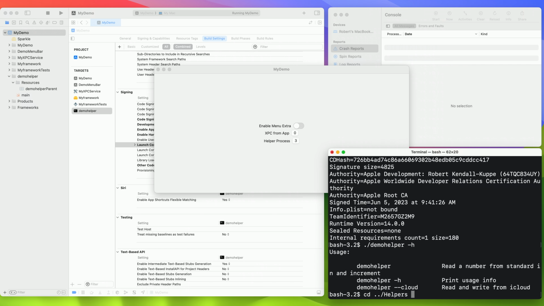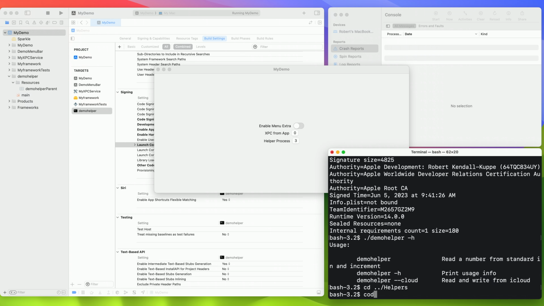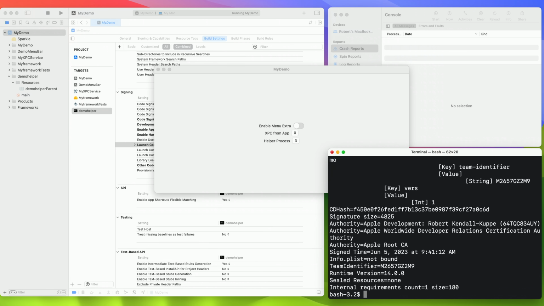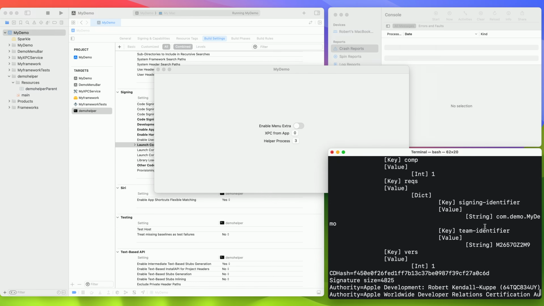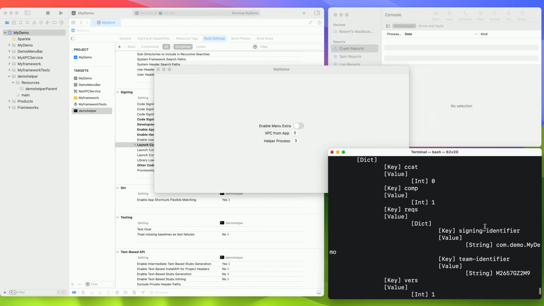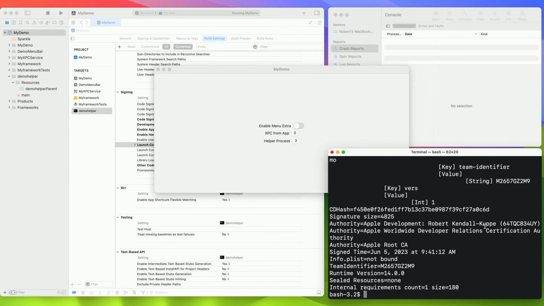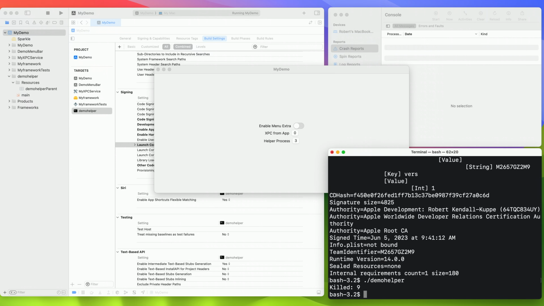But when we go back to terminal, we can see that now DemoHelper has a launch constraint, and it can no longer be run from terminal. When a launch is blocked because of a launch constraint violation, a crash report is generated showing that the constraint was violated.